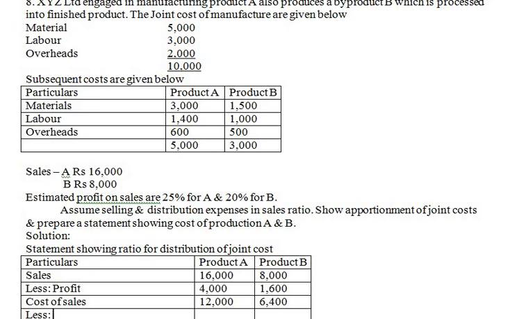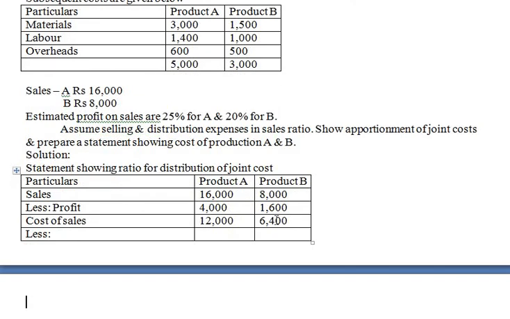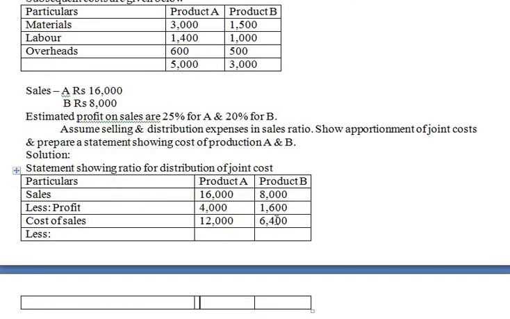We will have one working note for this, because they have given, assume selling and distribution expenses in sales ratio. So leave some lines over here, like 4 to 5 lines. Next, first working note,